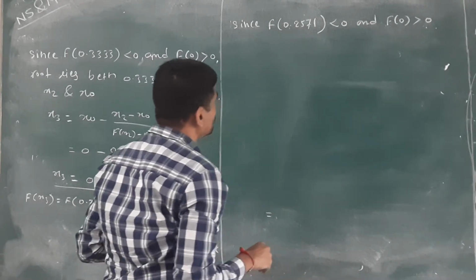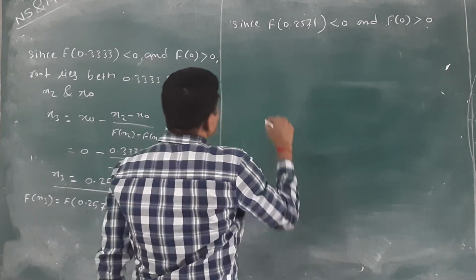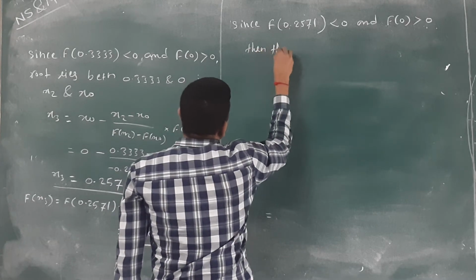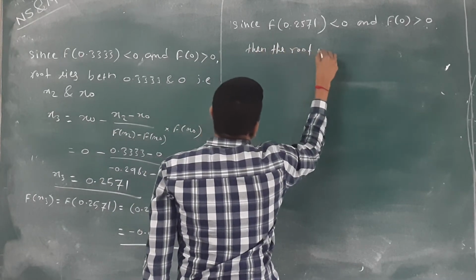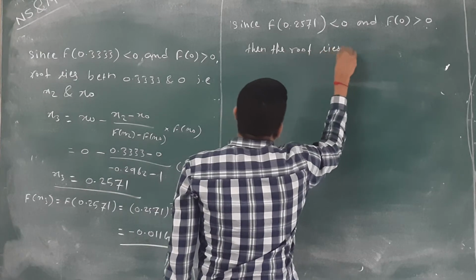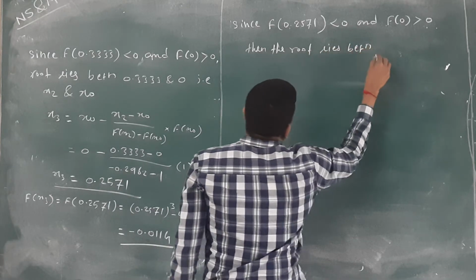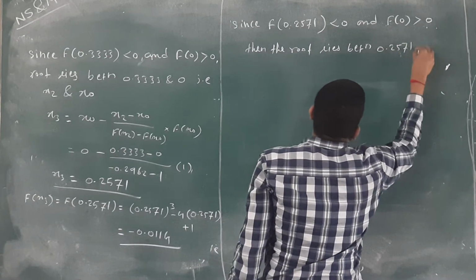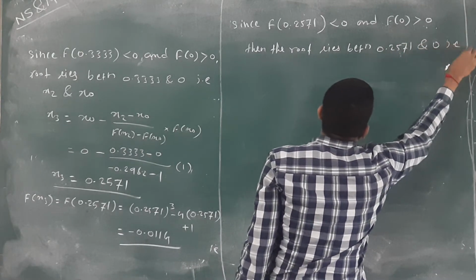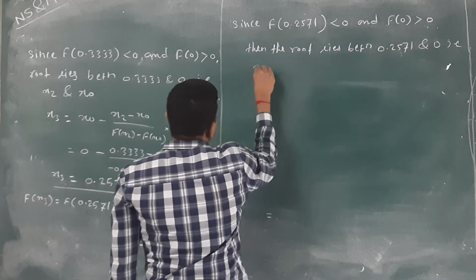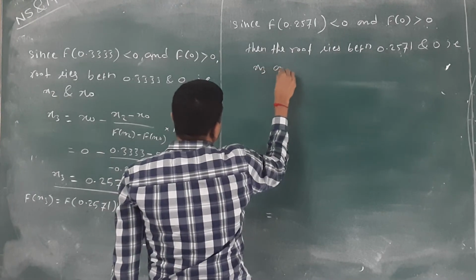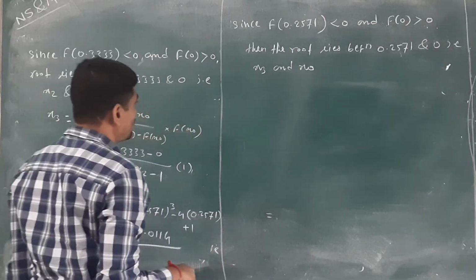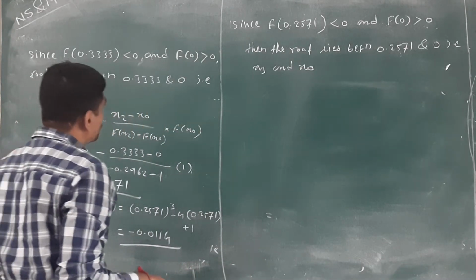Then the root lies between 0.2571 and 0, that is, x3 and x0. Again you have to use the interpolation